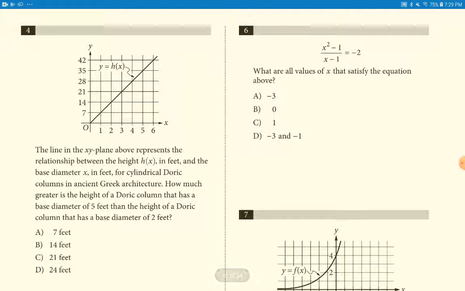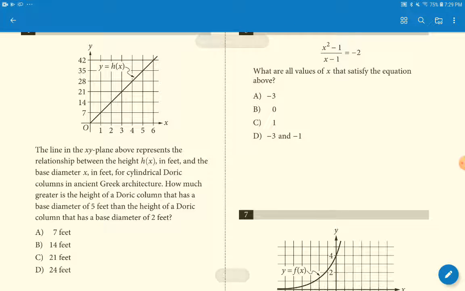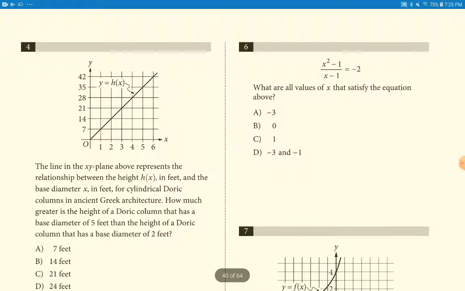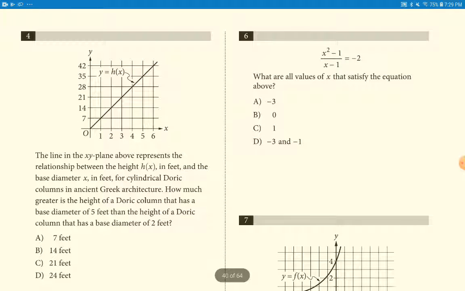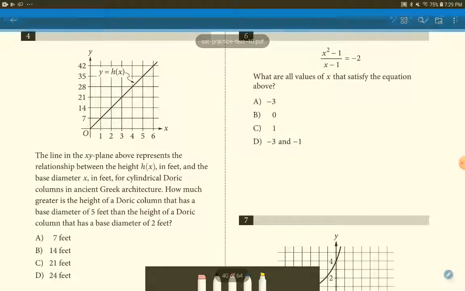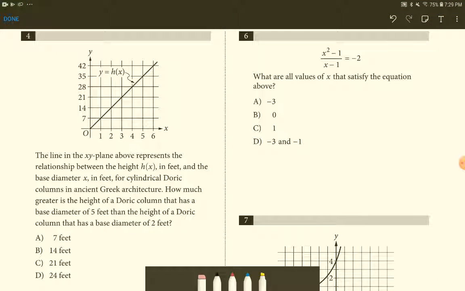For question 4, the line in the xy plane above represents a relationship between the height in feet and the base diameter in feet for cylindrical Doric columns in ancient Greek architecture. How much greater is the height of a Doric column that has a base of 5 feet than the height of a Doric column that has a base diameter of 2 feet? So our base diameter over here is